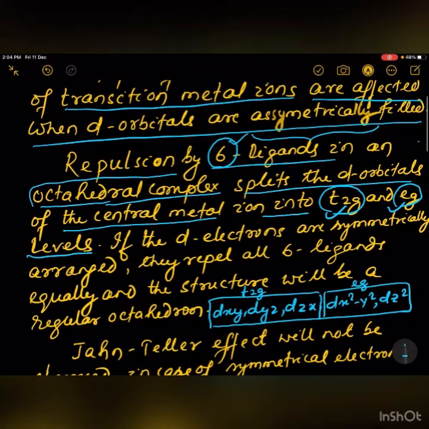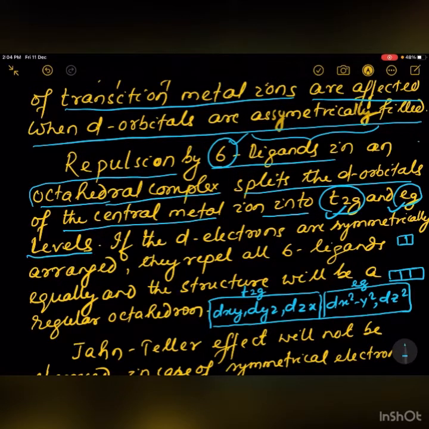When 6 ligands approach the central metal ion to form an octahedral complex, the t2g set of orbitals go to a lower level. You see here, these 3 orbitals remain at the bottom and the eg set of orbitals go up,